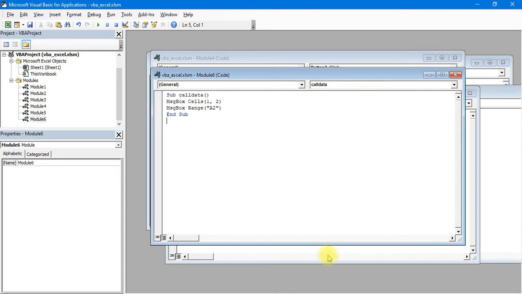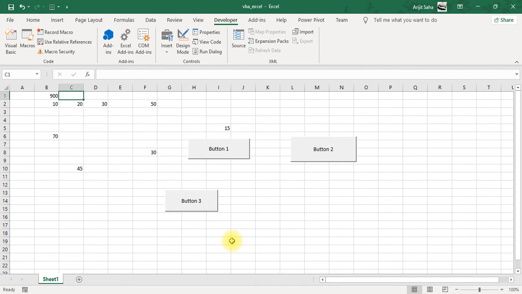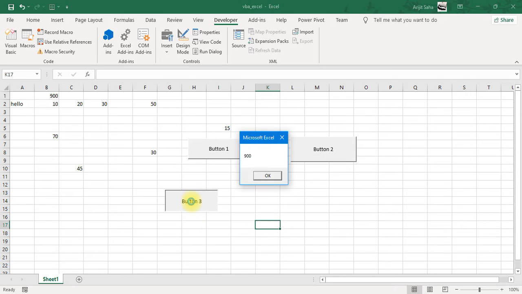Let us get back to our sheet, and in cell A2 let us write hello, and click on button 3. The first one showed the earlier value, and the next one again showed us hello. So this is how we can easily read ranges.